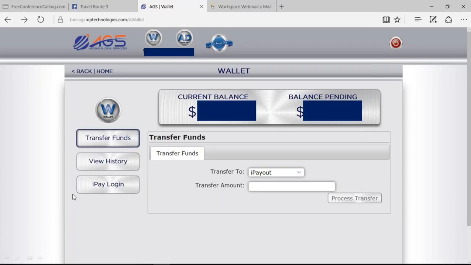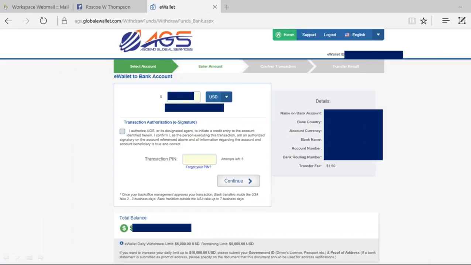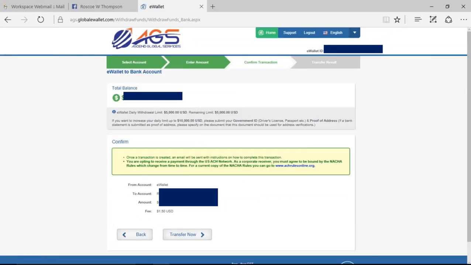So now what you have to do is go to the iPay login, and now you have to set up the transfer. So it's going to ask you how much do you want to transfer, check this box, put that PIN number in, and then it's going to give you the details of where you're transferring the money to. There is a transfer fee of $1.50 a transfer, okay, and then there's a daily limit of $5,000, okay, and then you fill this information out, you hit the continue button, and now this is just giving you a confirmation of what you've requested, and then you click on this button called Transfer Now,